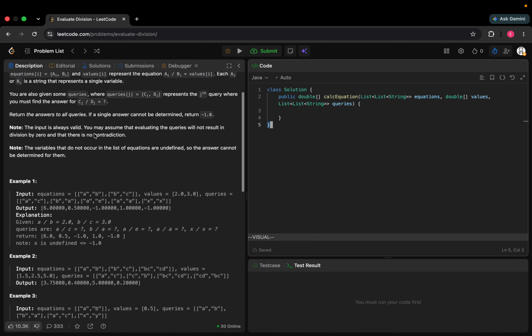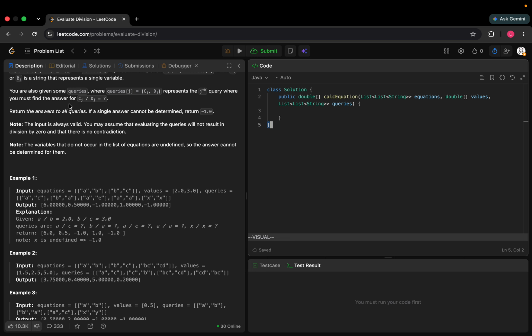Each A or B is a string that represents a single variable. You are also given some queries like A B, like A C, and you return the answer to all the queries. If a single answer cannot be determined, return -1. The input is always valid, and you may assume that evaluating the queries will not result in division